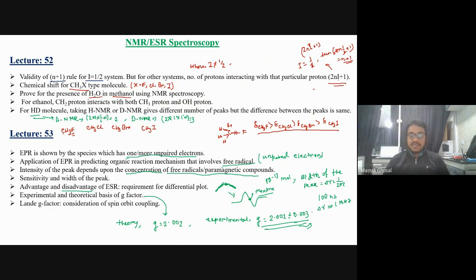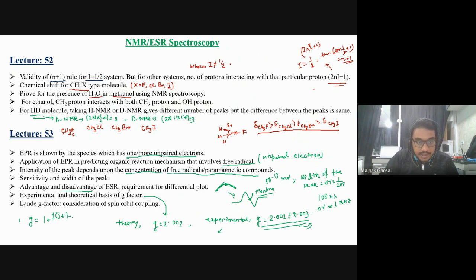For a transition metal, whenever there is a chance of spin orbit coupling, you can see that the G factor is actually changed, and the spin orbit coupling factor introduces a change, and G is given by some equation. I'm writing the equation: G is equal to 1 plus J into J plus 1